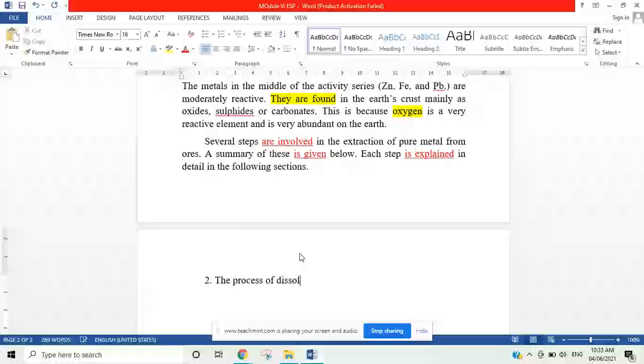The process of dissolving an acid. Now let's see how this process is done. Someone is telling you the process of dissolving an acid, so you have to focus on how he speaks: what kind of English, or which phrases, are used by that person. Let us see what